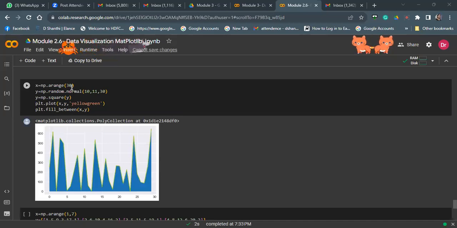Okay, I am taking values, and using this y square and x values, I want to plot the area plots. And this is what the area plot is. And not simply plotting, you also write the last statement in terms of fill between x comma y. You want to fill. If I have not written this,